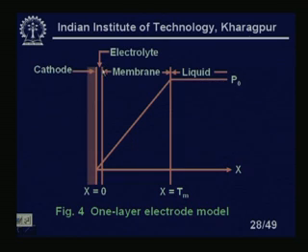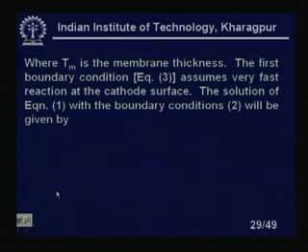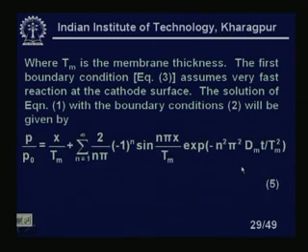So, we are assuming there is almost no electrolyte between the cathode and the membrane surface. That is the assumption we are making, where Tm is the membrane thickness. The first boundary condition, equation 3, assumes a very fast reaction at the cathode surface, and the solution of equation 1 with the boundary conditions will be given by